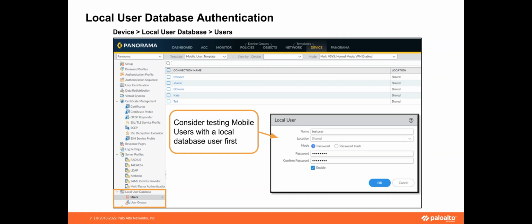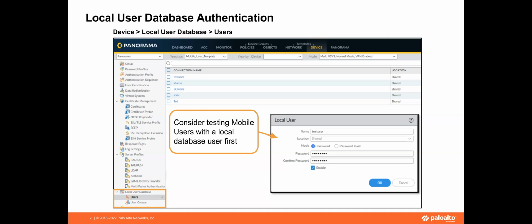So let's say you configured LDAP authentication or SAML and GlobalProtect, but you don't know why it's not working. Is it because the authentication is not working properly, or because the GlobalProtect configuration is not configured as expected? To avoid this, we suggest that while deploying your Prisma Access configuration for the first time, you use